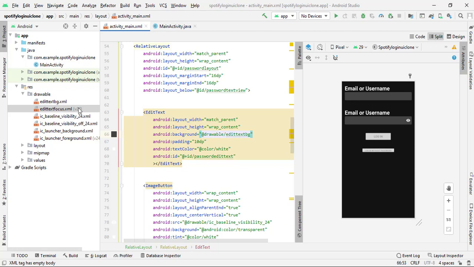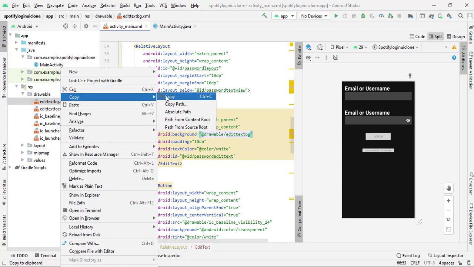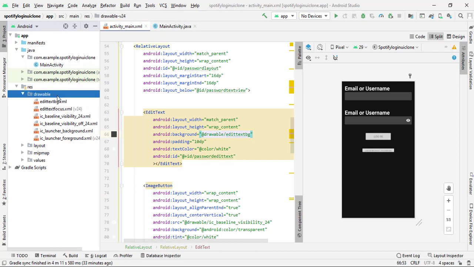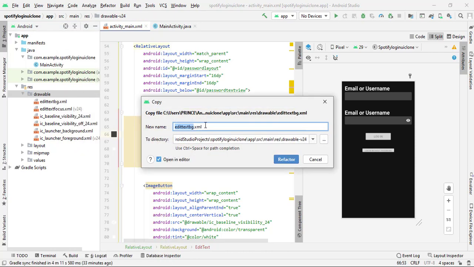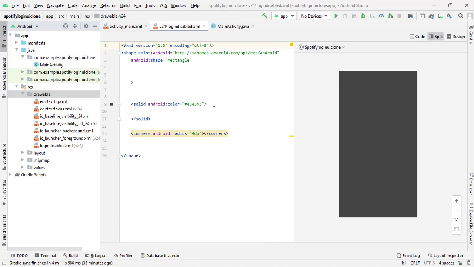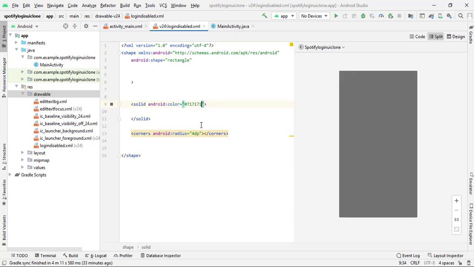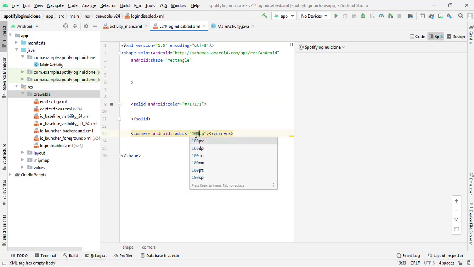So it is better to copy this again. Right click here, copy, then click on drawable, and then click on paste, and I simply type here login disabled, and then we have to create drawable for enabled. So the color which we are going to use for our button, I simply type here 717171. So it is fine, and instead of 4 dp radius I simply type here 100 dp.